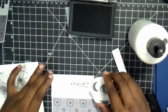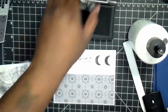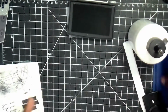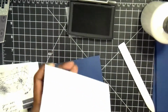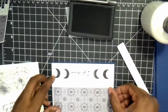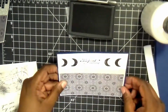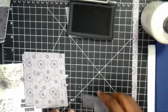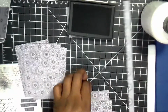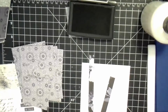But on this particular one that we're working on, I'm using the magical birthday, and then I decided to do the half moon on each side. And on this one, I want to say we used letter E, which wound up being 2 1/4 by 5 1/4. That particular sheet, it all depends on really which way you start by your cutting. But if you start with the big one, cut 5 1/4, that's one strip. Cut another strip at 4 inches. Your next strip would be cut at 2 1/4, and you would have a 1/2 inch strip that was left. Okay, and then you would cut the pieces